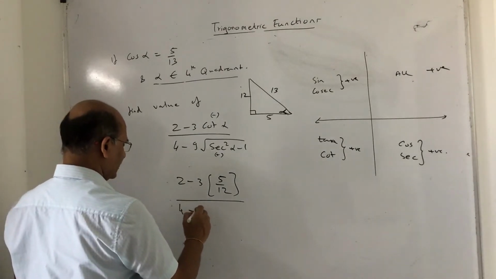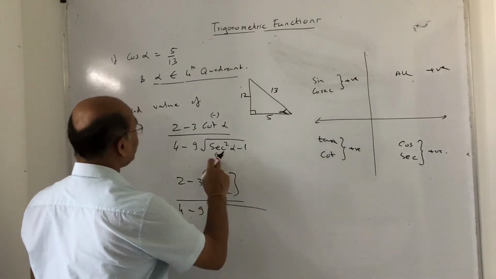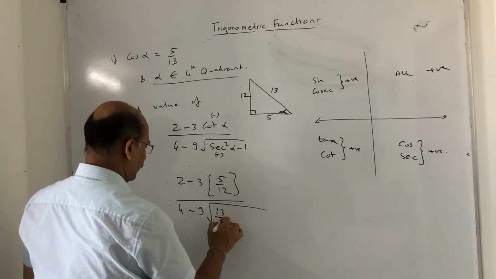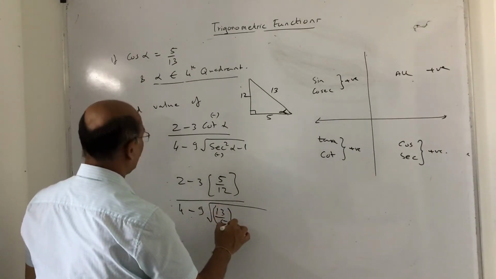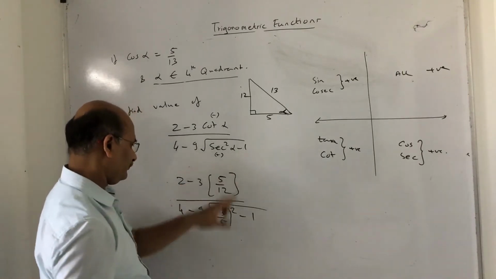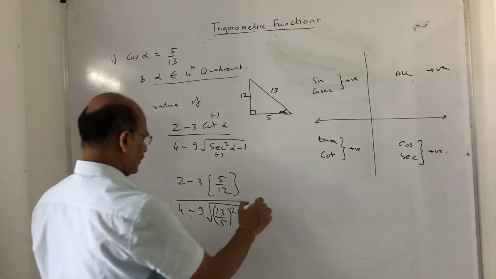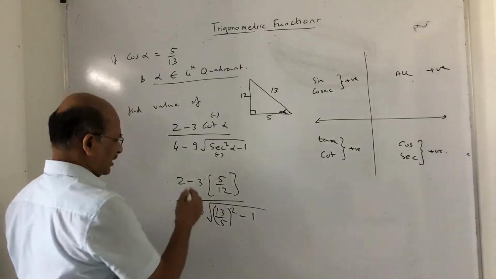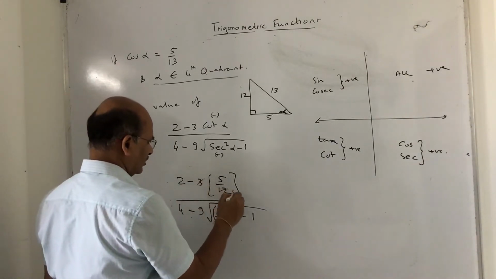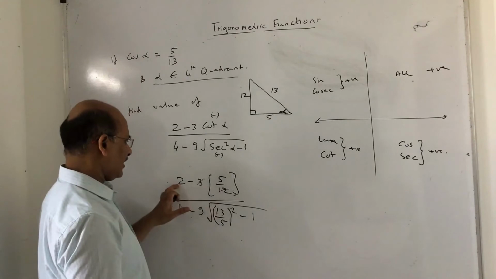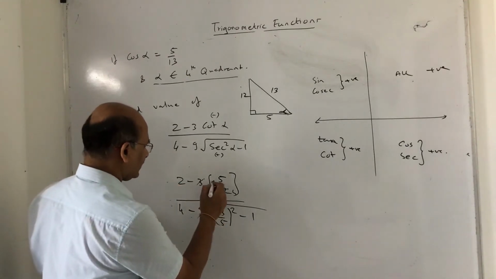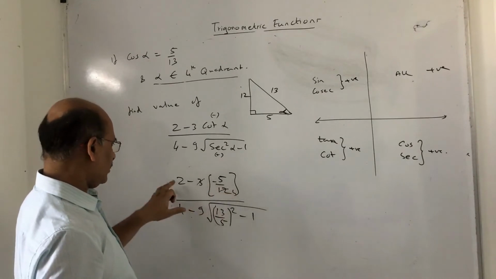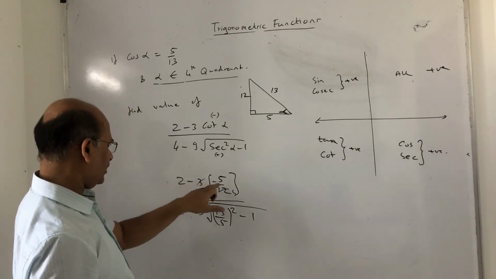4 minus 9 square root of sec is the reverse of this. So 13 upon 5 whole square minus 1. Okay, so I think I have to just work it out. So you can cancel it out. 3 1s are, 3 4s are, there is no issue. So 2 minus, this is a minus sign here because cot is negative. So minus will be positive. This will become 4 to the 8. 8 plus 5.